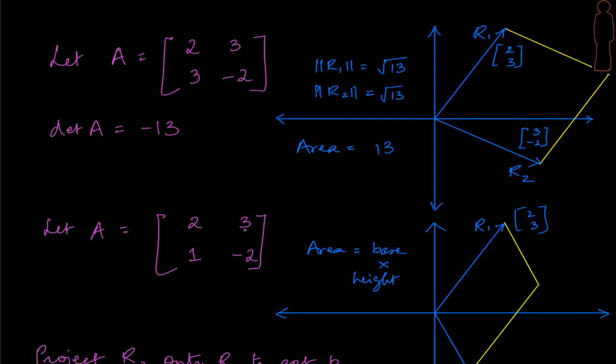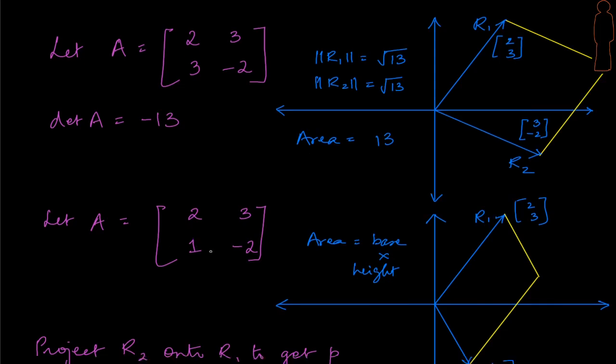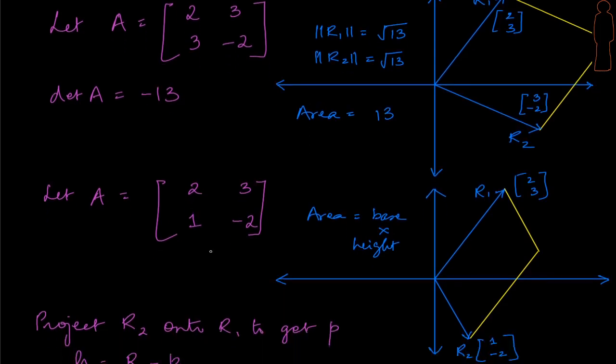Yeah, so that's the next idea. Let's take a look at vectors that are not orthogonal, right? So 2, 3 and 1, minus 2, they're definitely not orthogonal. Let's see what kind of diagram this really produces. What is this claim of finding the area? So this is my 2, 3, here is my 1 and minus 2. Importantly, they are not column vectors. Look at the row vectors, 2, 3 and 1, minus 2.